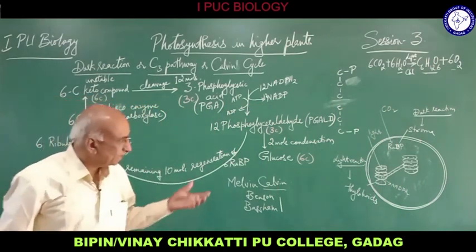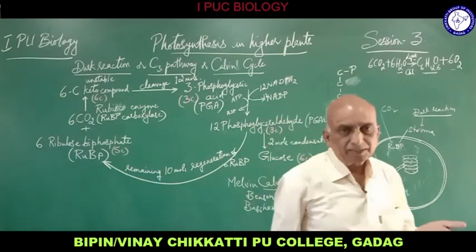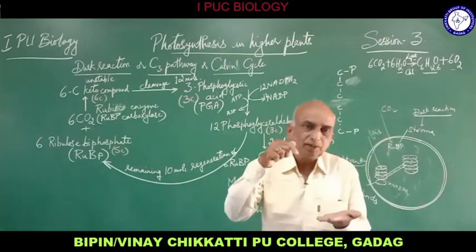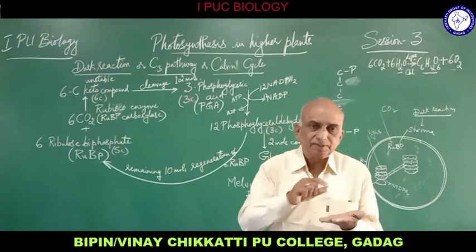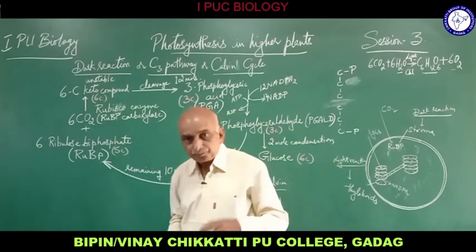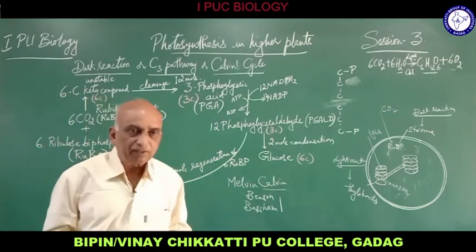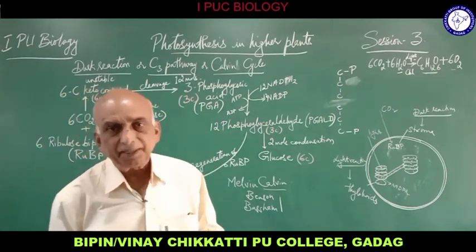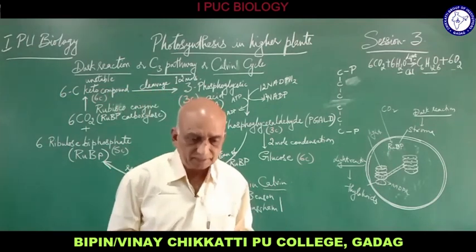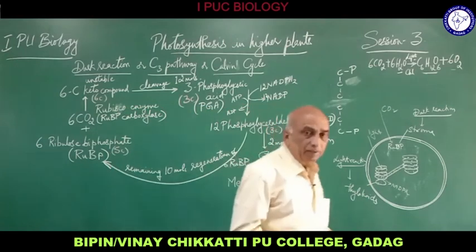So that oxygen is released through the stomata. The leaves have stomata; CO2 enters into the leaves, oxygen releases out of the leaves. So oxygen is the byproduct of photosynthesis. That oxygen does not remain inside the leaf cells. So this is about the reactions of photosynthesis.